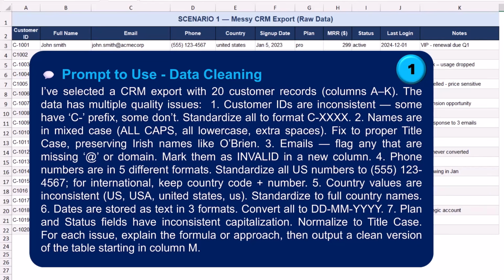Phone numbers are in 5 different formats. Standardize all US numbers. Country values are inconsistent. Standardize to full country name. Dates are stored as text in 3 formats. Convert all to DD/MM/YYYY. Plan and status fields have inconsistent capitalization. Normalize to title case. For each issue, explain the formula or approach, then output a clean version of the table